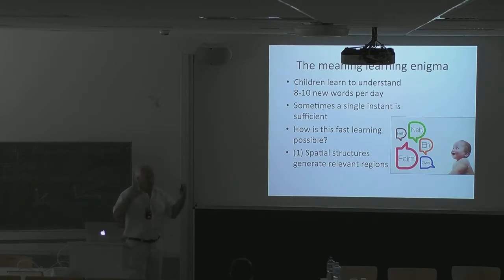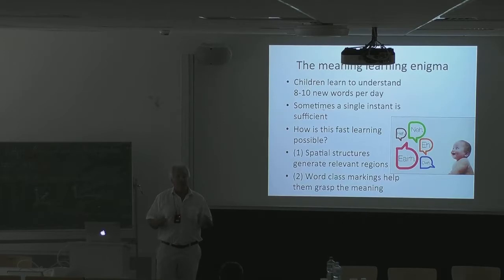Because the space is there, you just have to find out what region a particular word is referring to. So once you have learned to understand a particular semantic domain, it's quite easy to learn new words given the spatial structures that you have picked up. And then now, the second answer is this analysis of word classes, where once you understand that something is a verb, then you know as a child that it either refers to some kind of action, some kind of force pattern, or it refers to some kind of change in the